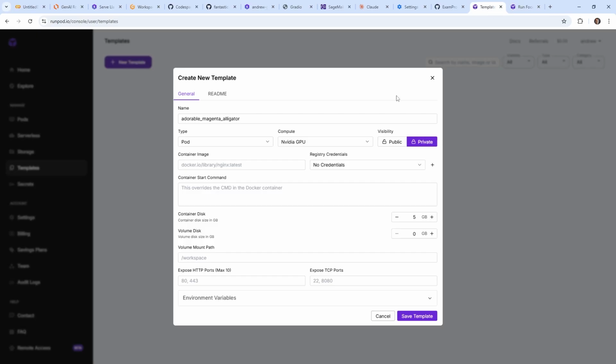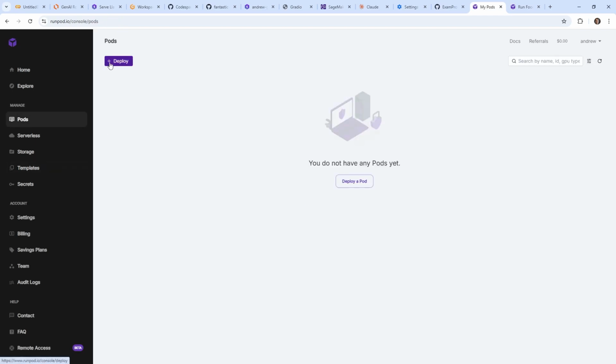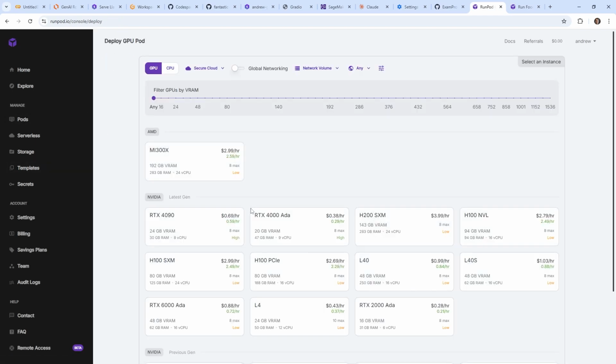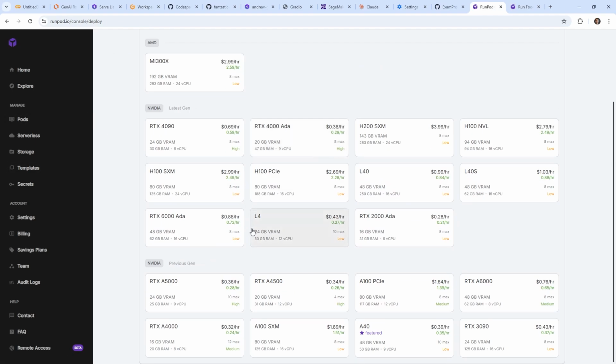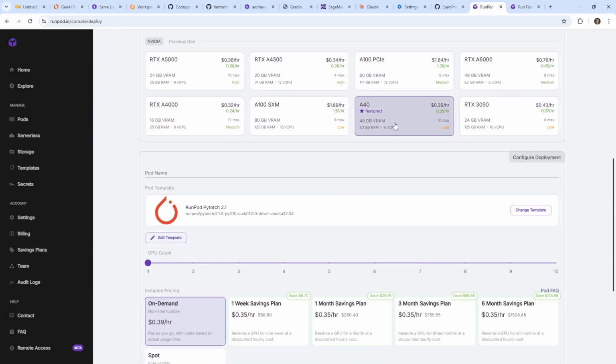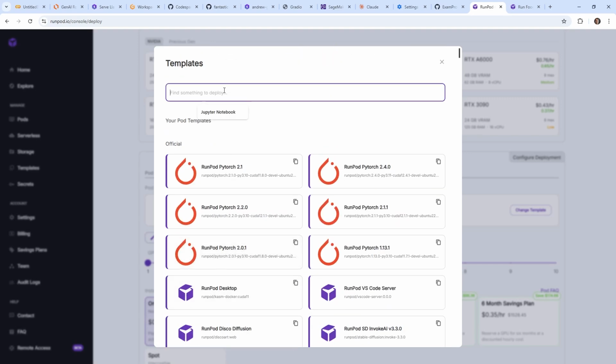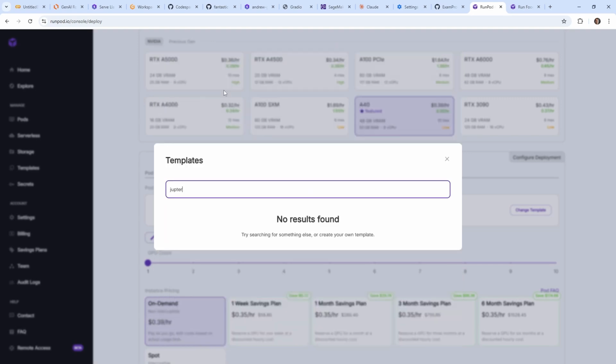What if I was to go back over to GPUs for a second? Discard changes. So I'm going to go back over to pods. I'm going to choose this here. I don't care what it is. I'm looking through here. Yeah, how about an A40? I like how there's more information about it. Anyway, we'll go ahead and change the template. And so now we have, oh, okay, there we go. So now if I go Jupyter,